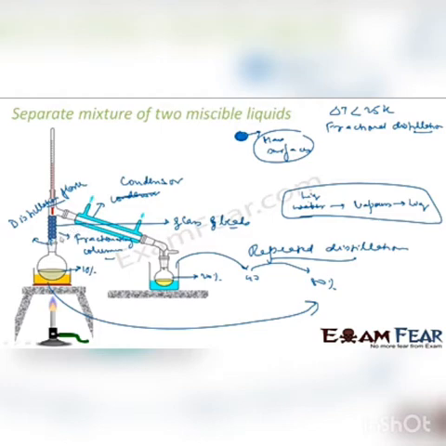If you try to understand the whole concept, you should understand the concept of equilibrium also, which we will understand in the higher classes. Let me explain this. When you do a distillation, you don't get 100% pure. For example, if it was 10% pure, you get 20% here. That is the way you try to purify.